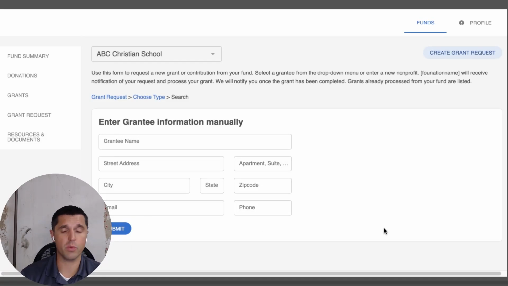If it's a situation where this is a scholarship fund and it's going directly to a student, I know this may be few and far between, but we do have a couple that are set up this way. What you'll do is put in that student's information here. We will reach out to you directly just to make sure that the original intent for the fund is still being upheld before we actually grant that check out. But this is how you'll access the grant request information.